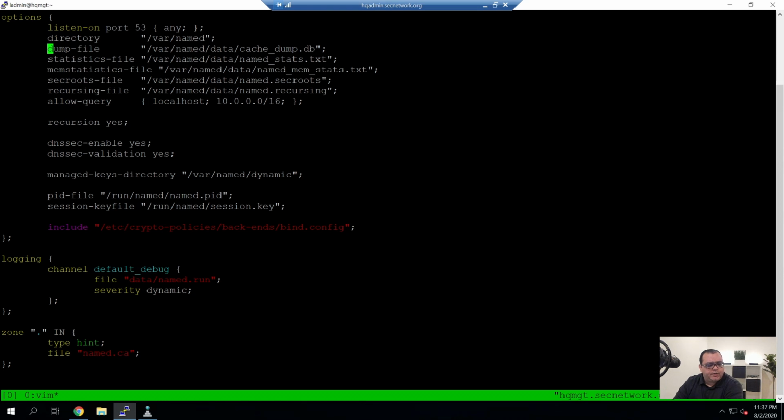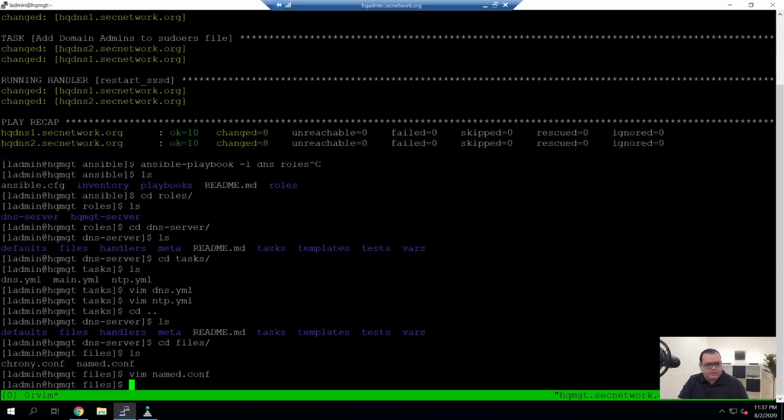So if anybody knows of a better, more secure way to run bind, please leave a comment down below. But what this is doing is it's listening on port 53 on any interface. We're allowing queries from within the network, and that's really all there is to this.